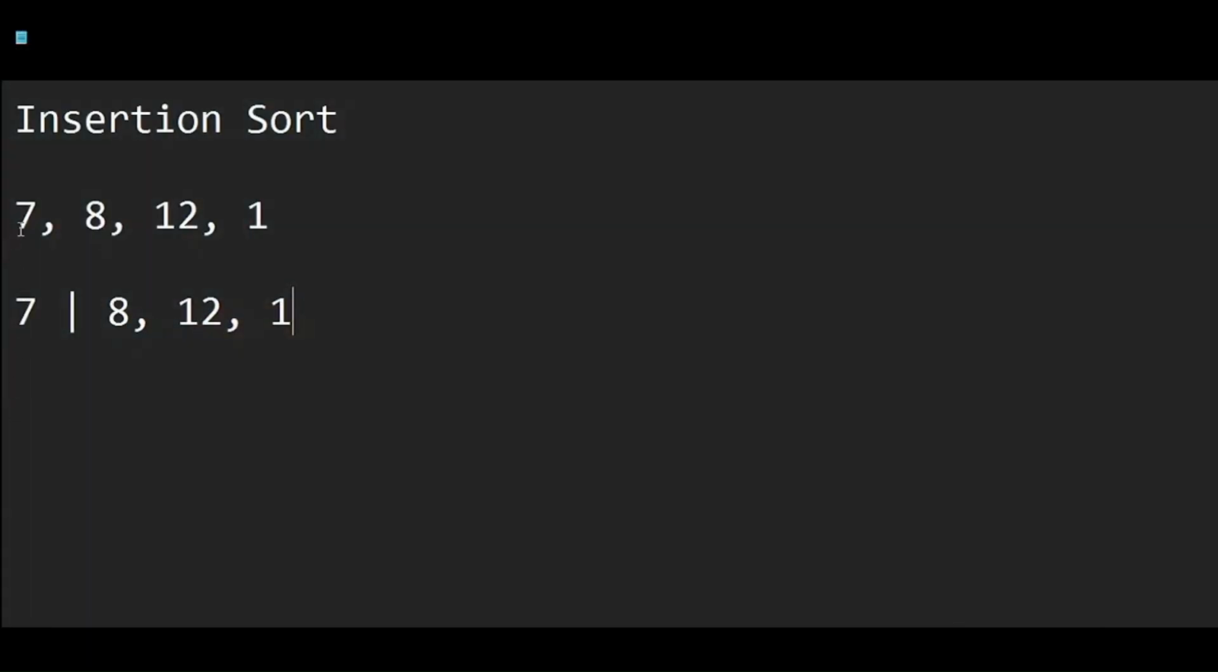Let's now understand insertion sort with the help of this list. So over here, I'm having a list. What I'll be doing first is to divide it into two parts. First part will be the sorted part and the other part is going to be the unsorted part. I'll be picking up elements one by one from this unsorted part and inserting it at their correct position in